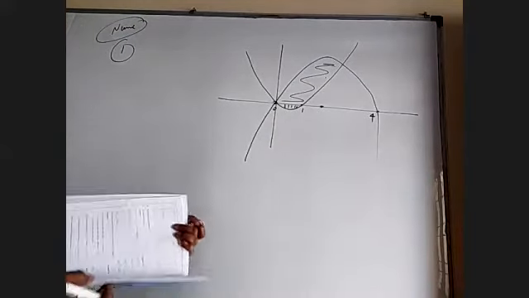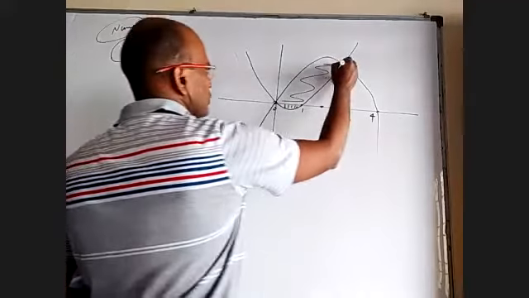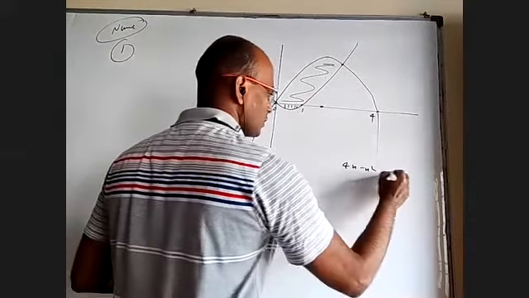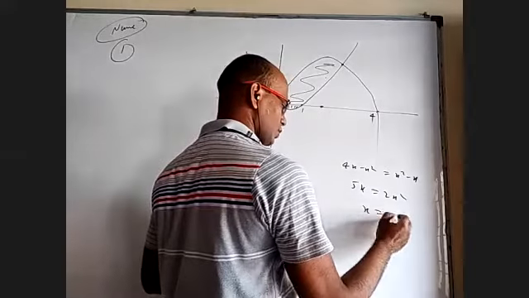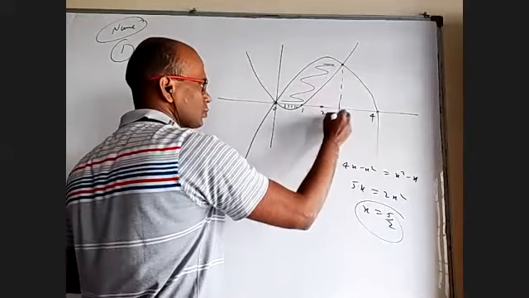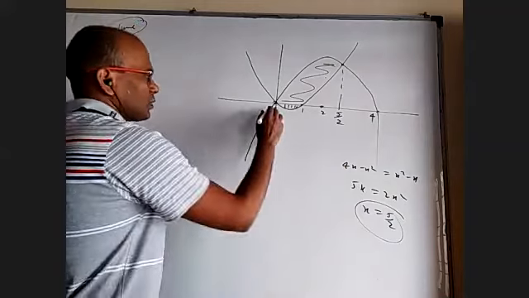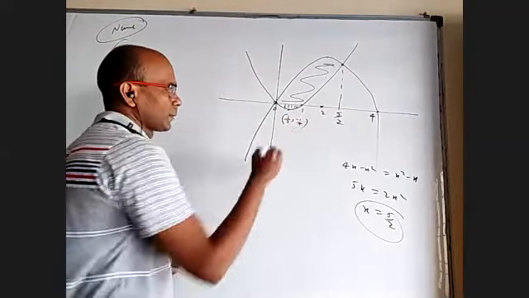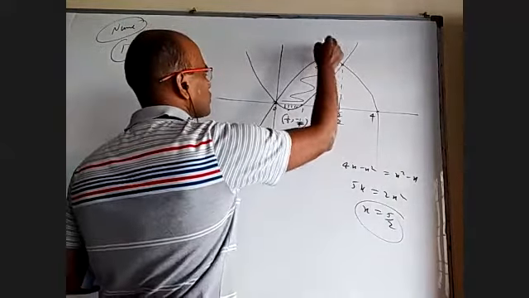Okay, so this one is easy between 0 to 1. Here we have to know the point of intersection. So 4x minus x square is equal to x square minus x. 5x equals 2x square, so x is equal to 5 by 2. So this is 2 and this is 5 by 2. And if this is 0, this is 1. If somebody wants, this is half comma minus 1 by 4. This point is 2 comma 4.